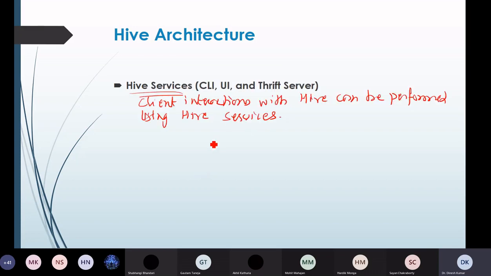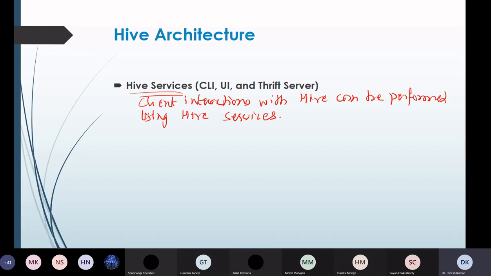So this is the main functionality of Hive services. When the client wants to connect to the Hive servers, those requests will be taken care of by the Hive services.